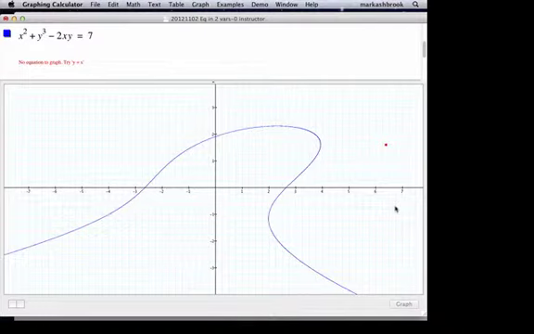Okay, so tell the person next to you, what does this blue curve represent? Tell the person next to you, go. All combinations of x and y that equal 7. So this equation is true on every point where